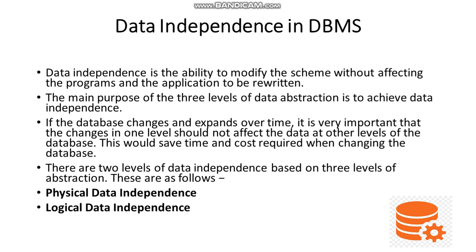Data independence is the ability to modify schema without requiring the programs and the application to be rewritten. The main purpose of three levels of data abstraction is to achieve data independence. If data changes and expands over time, it is very important that changes at one level should not affect the data at other levels of the database. This would save time and cost required when changing the database. There are two levels of data independence based on three levels of abstraction, that is physical data independence and